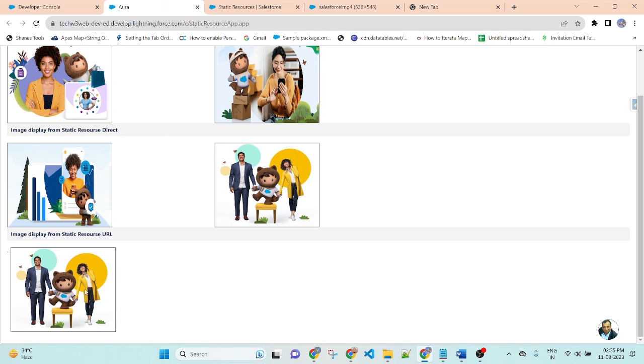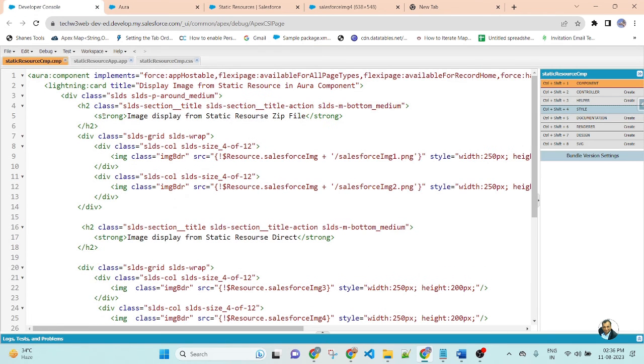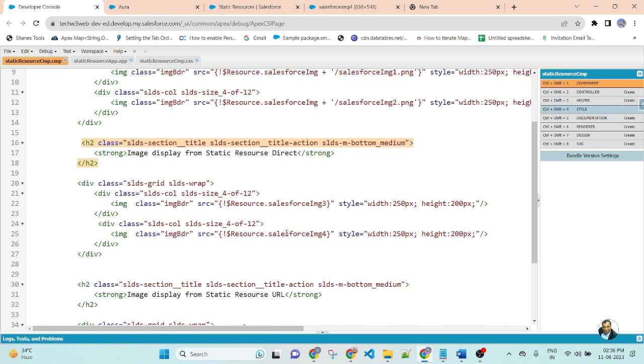So you can see the image is also displayed from a static resource, but this image is displayed directly from the URL. In the first section, I used a zip file and this is the name of the image. In the second section, I am displaying the image directly from the static resource, $Resource dot the name of the static resource.